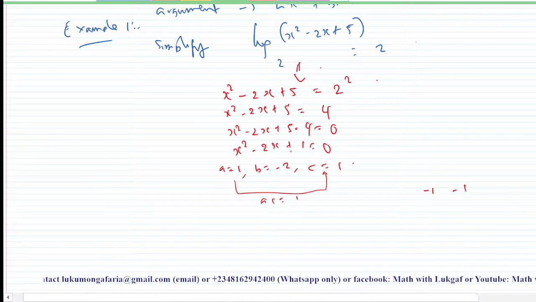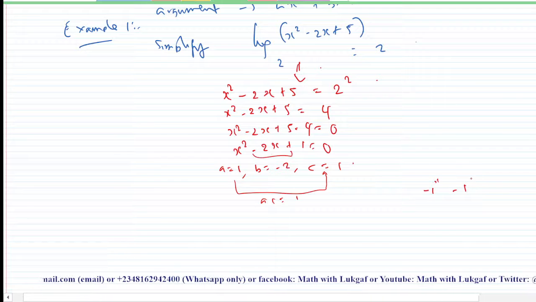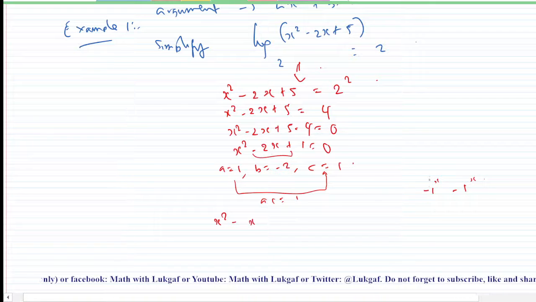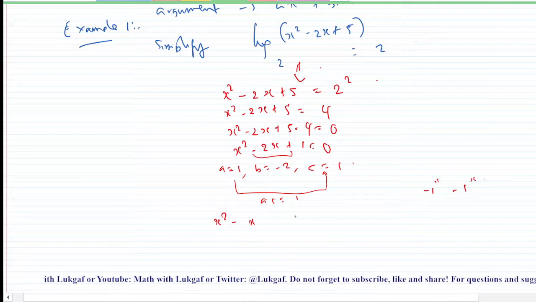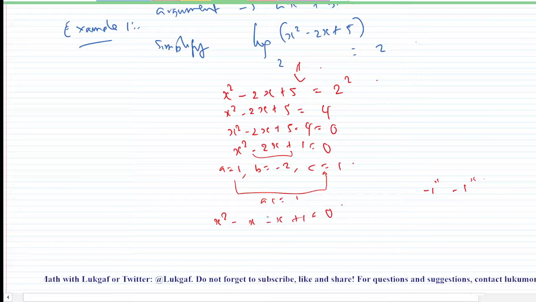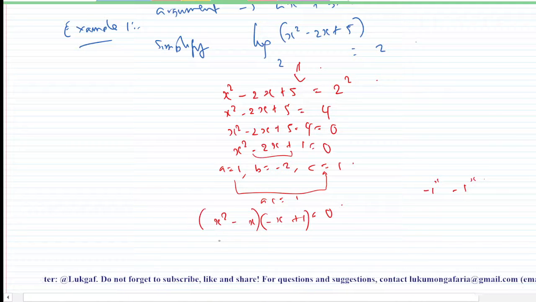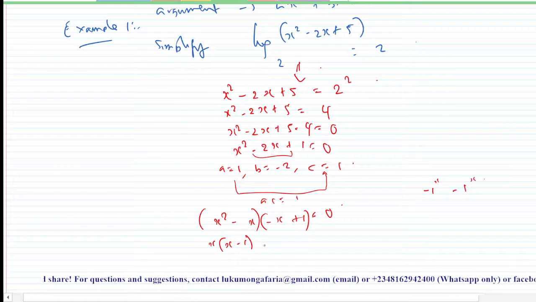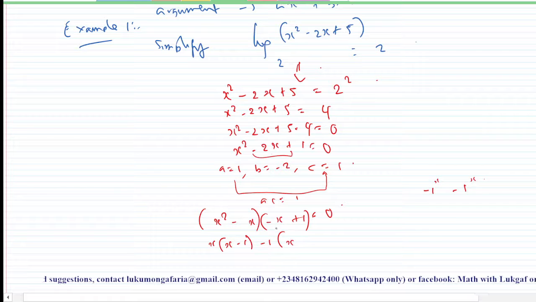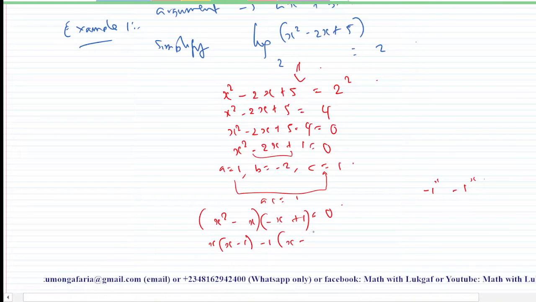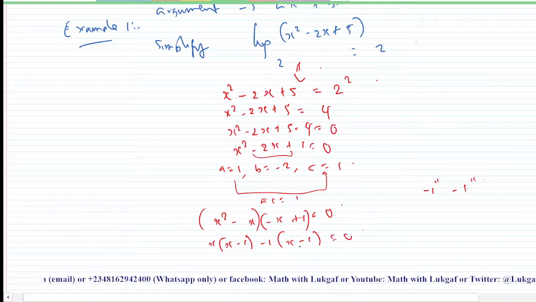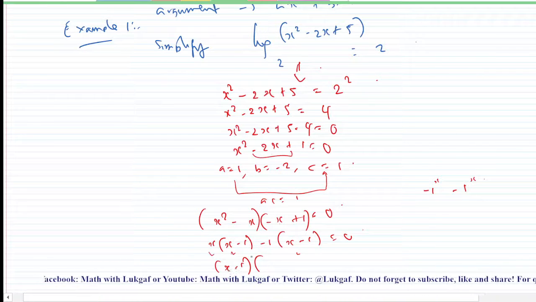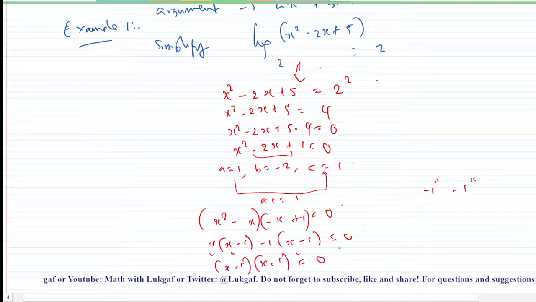Then you now replace it here. Just put x and x. Then I'm going to have x squared minus x, because x times minus 1 is minus x, minus x plus 1 is equal to 0. Then you group them. What do you have in common here? x is common. Then you have x minus 1. What do you have in common here? That's minus 1. Then x is remaining here, minus 1 equal to 0. You will observe that x minus 1 is also common. If you factor it out, then you are going to have x left here, minus 1 here, equals 0.